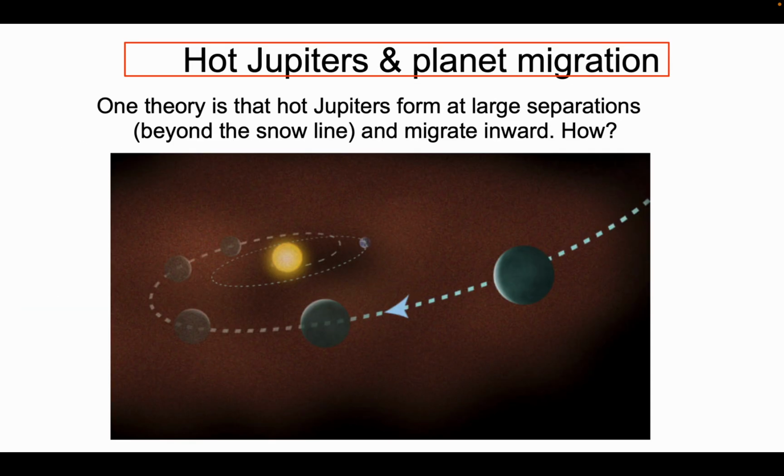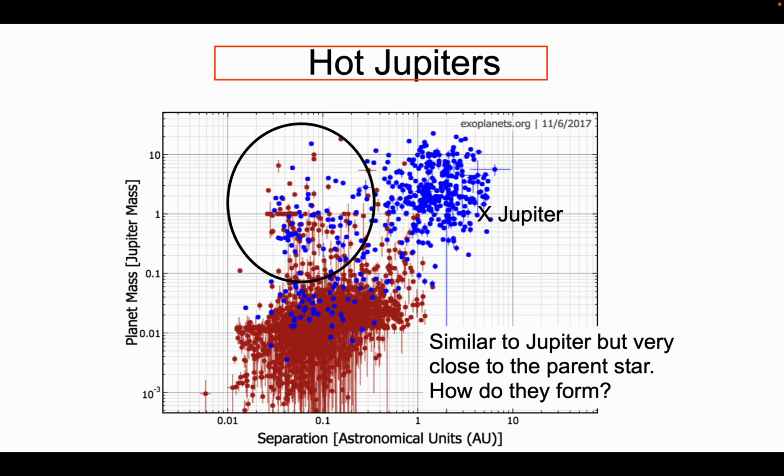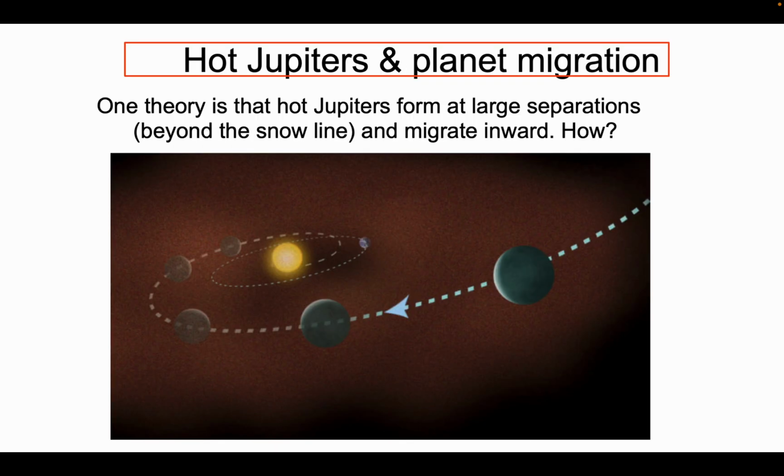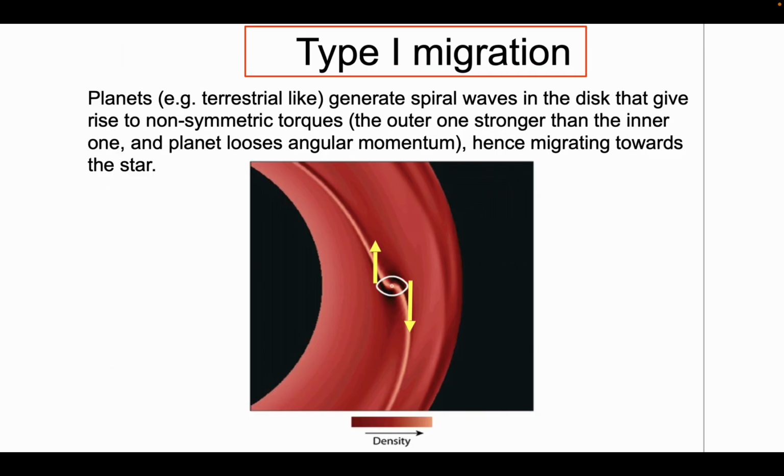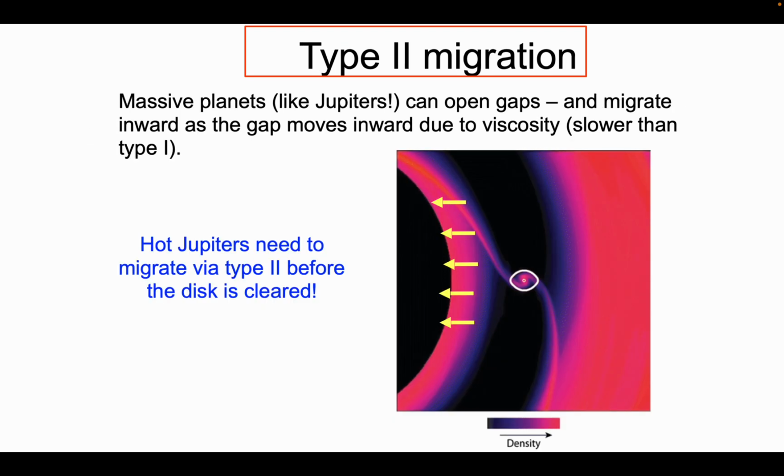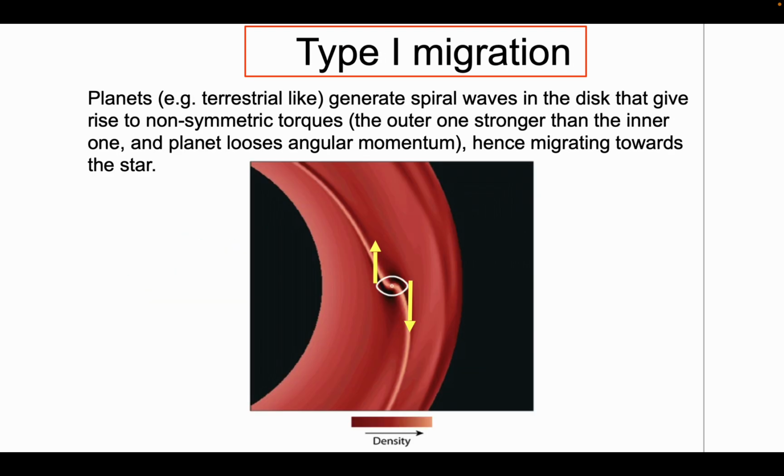We will just give details that the hot Jupiters are believed to have migrated. Hot Jupiters, those found near the host star, are believed to have migrated from the outer part of the planetary system, where they are believed to have formed, and migrated by some process. Two processes have been hypothesized, such as type 1 migration and type 2 migration, and these processes are